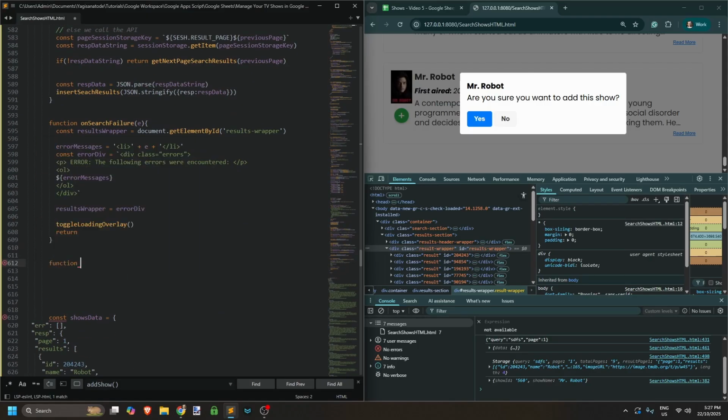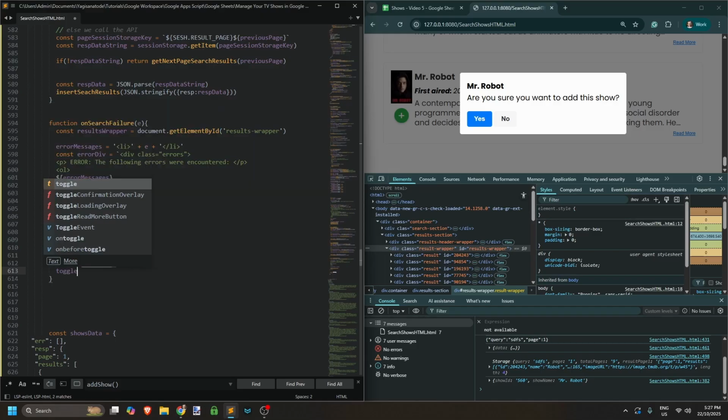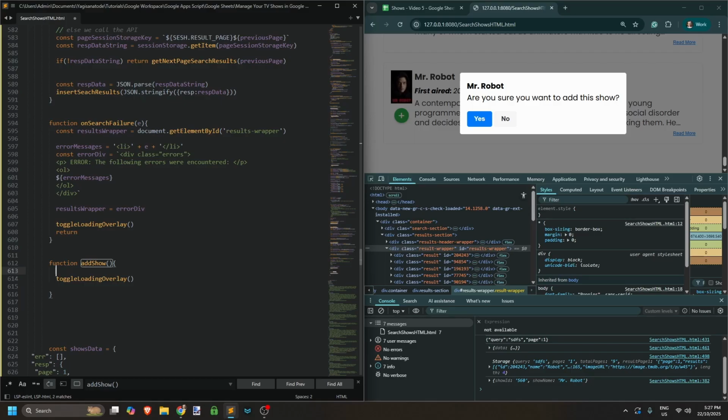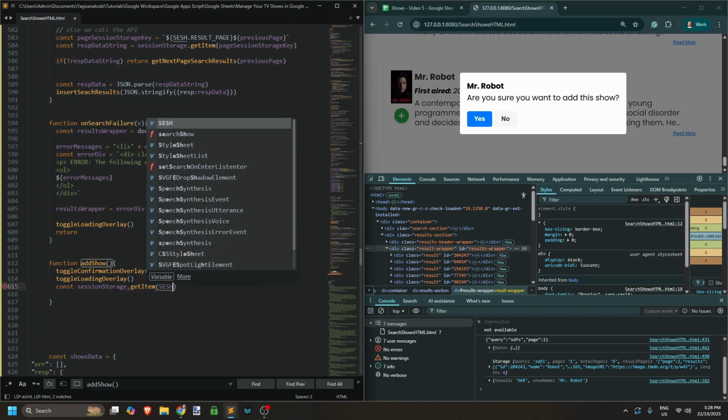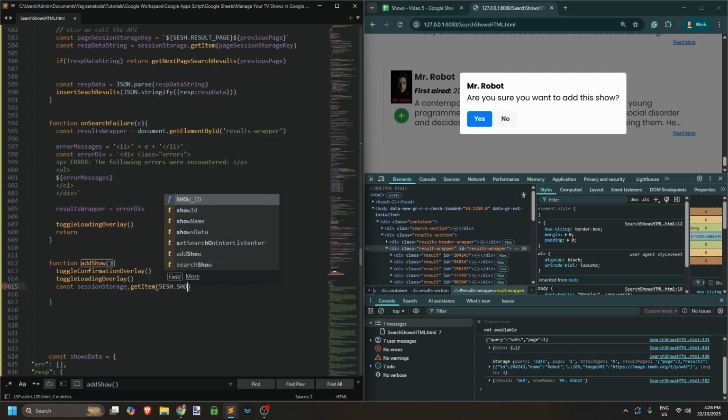So function addShow. And on addShow, we need to send that to the Google Apps Script side. So we need to toggle the loading overlay. Also, because we've got this dialog here, we need to toggle this off. So toggle confirmation overlay. So that needs to be turned off as well. This needs to be turned on. And then we need to get the show ID. So const sessionStorage.getItem, sesh.showID on there. And we'll call it showID